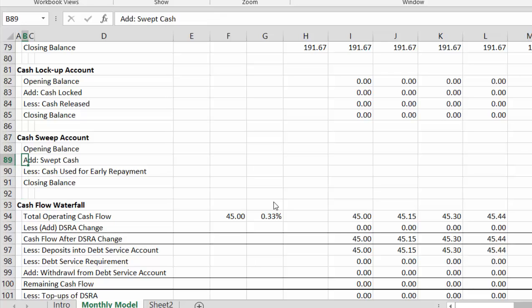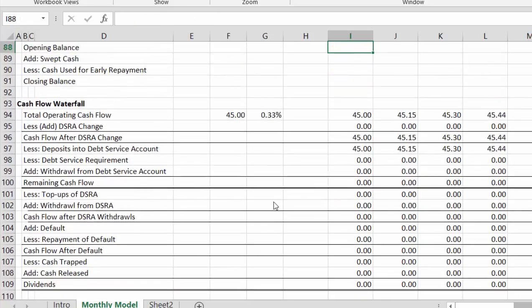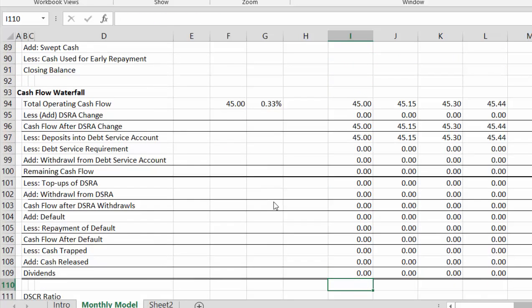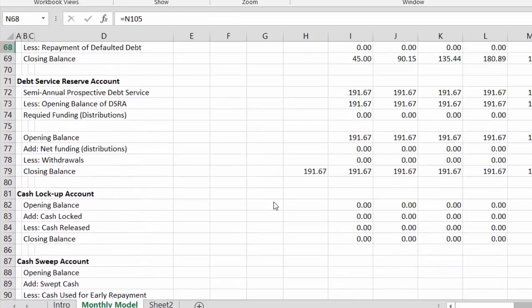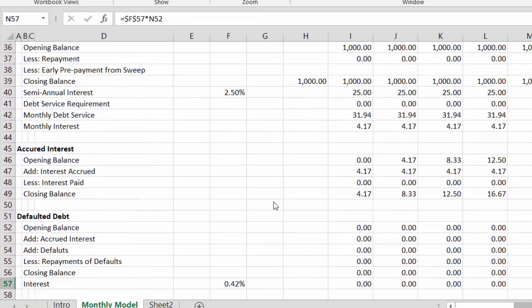Now, the cash swept will come straight from this account, and then the amount we'll repay, I suppose we'll do the same thing. We'll put it somewhere down here, and we'll see how much is in the account, how much we swept, and make sure that we never pay off more than this, and